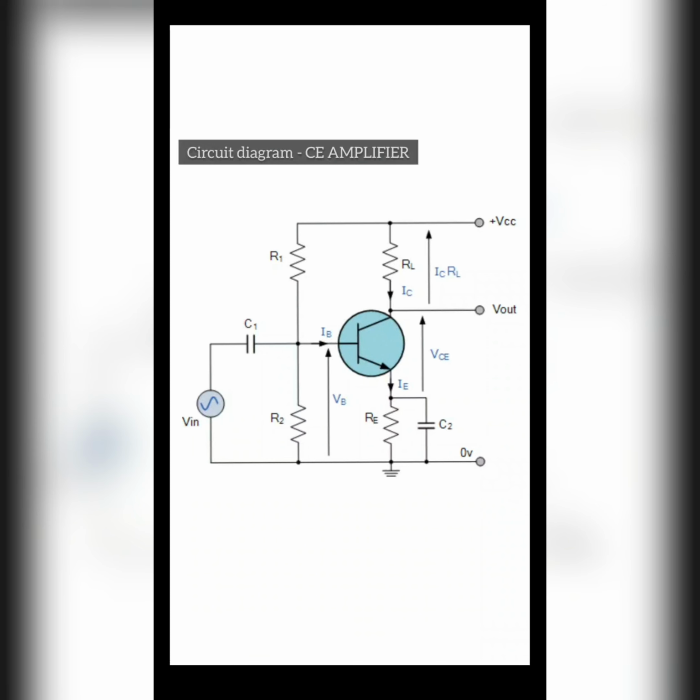Then the capacitor C1 and the capacitor on the output side provide AC coupling between the stages. They need to be chosen to provide a negligible reactance at the frequency of operation. And the capacitor C2 in the circuit is the bypass capacitor. The effect of the resistor RE is to reduce the gain of the circuit. Bypassing the resistor enables a greater level of AC gain to be achieved.